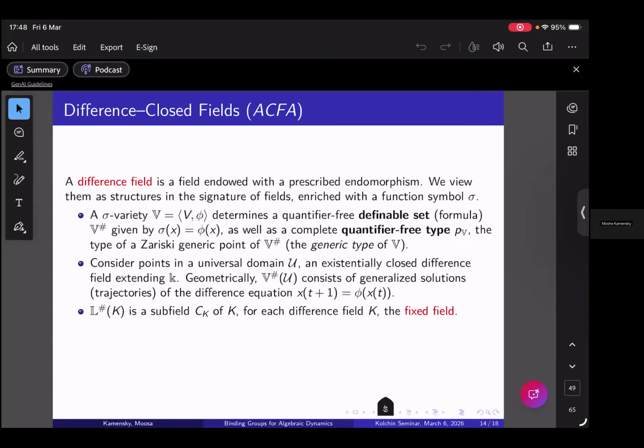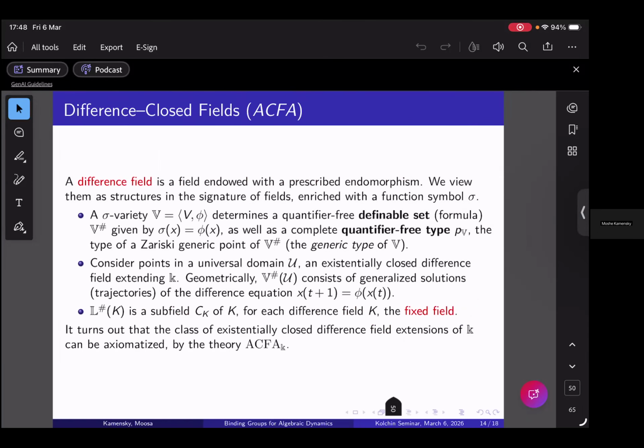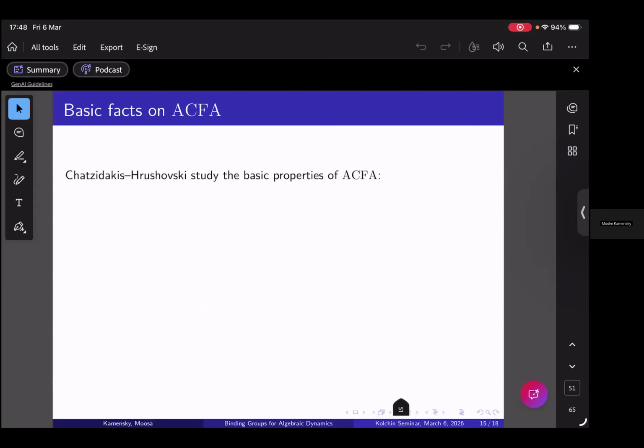Okay, so in particular, we have the fixed field, CK, which is the sharp points of the field of L. And as I said, there is an axiomatization of the class of existentially closed difference fields, which is called ACFA. So I want to tell a few facts about ACFA, which all come from the foundational work of Chatzidakis and Hrushovski